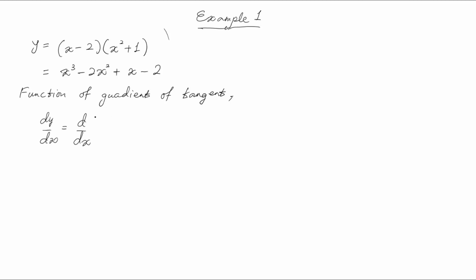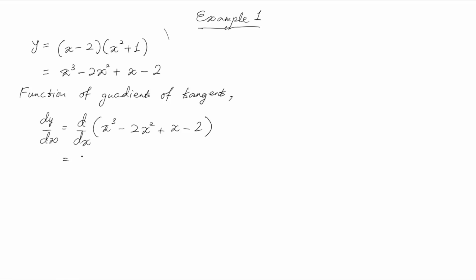In the mathematics sense, it is wrong. So it's better for you to, this one is dy dx, meaning to say we are d/dx-ing the y. So now you can copy x cubed minus 2x squared plus x minus 2 into here,